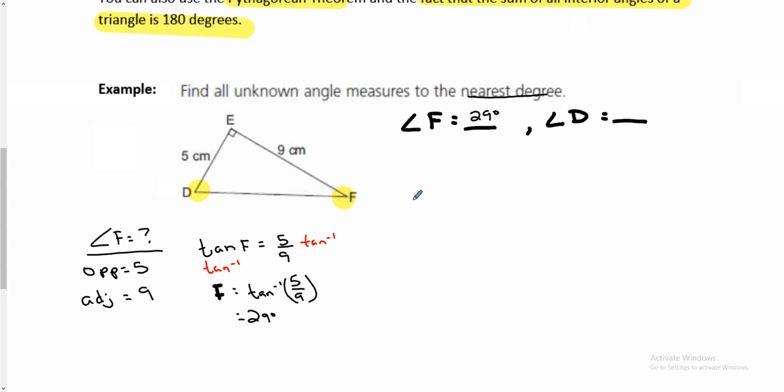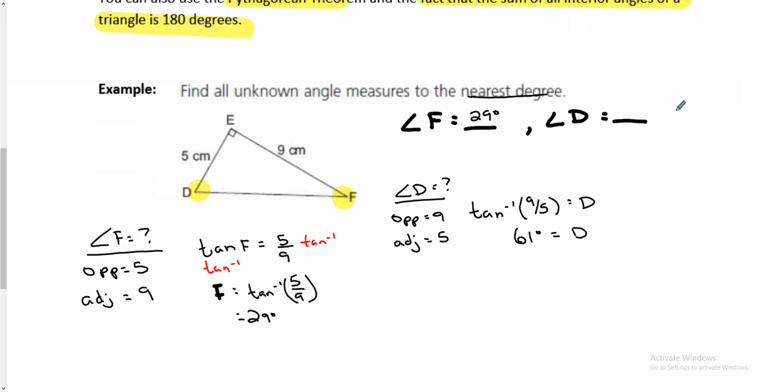For angle D, there are two different ways that we could do this. Angle D, we could do another trig ratio, opposite being 9, adjacent being 5. Use our tan inverse of 9 over 5, to get us 61 degrees. Or